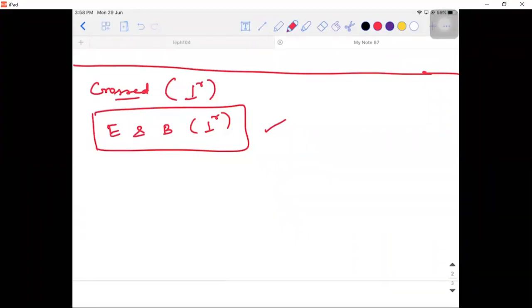Let me see if you remember. Velocity selector. Very good. But this concept has nothing to do with velocity selector. So don't try to combine these two concepts and get confused. So these are the two points where you will see electric field and magnetic field to be perpendicular to each other.